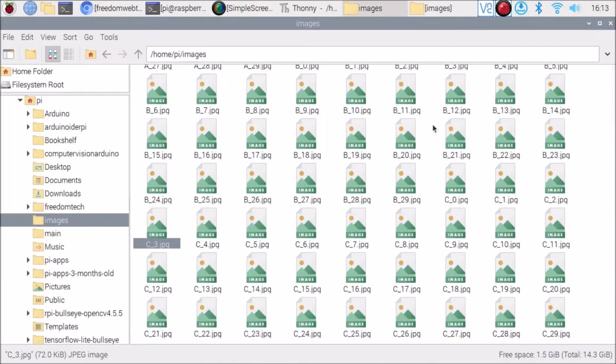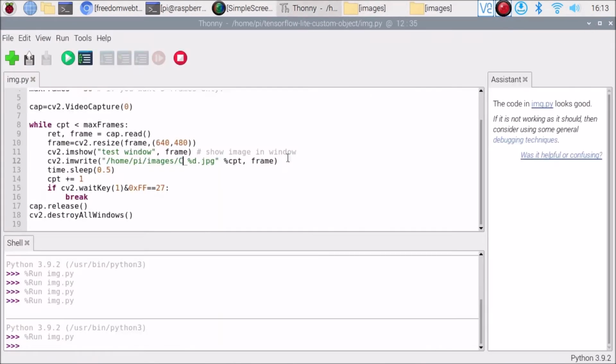Okay, so last one, thank you. So again I need to change the name here, and now it's a D. Okay, if I save the code, now I need to start the code.